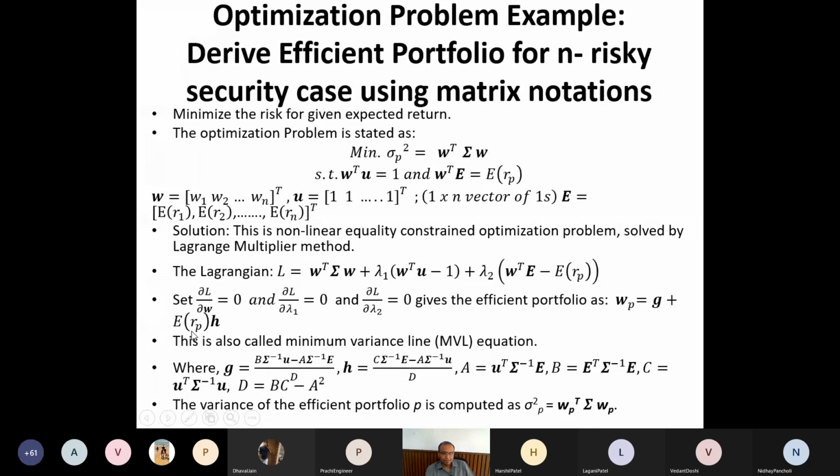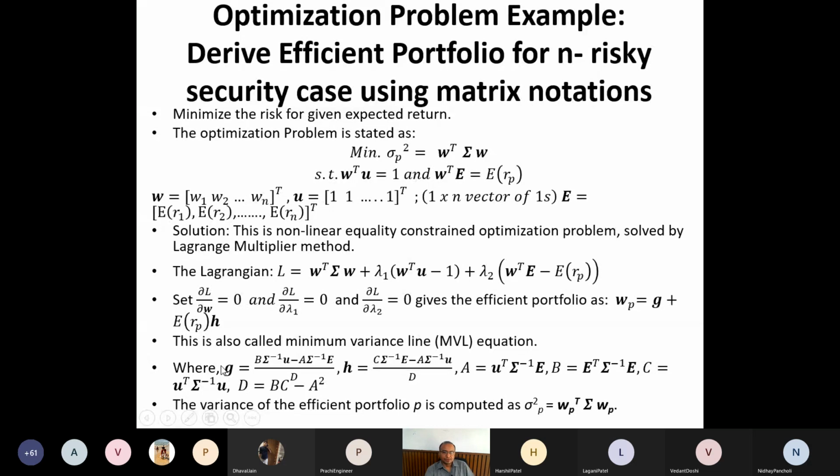So we always know the expected return of the portfolio, ERP, which is equal to the sum of the return of the individual assets or securities multiplied by their weights, right? So it is just a multiply and add. Expected return from portfolio. This G bar and H bar are constant vectors which depend on the covariance matrix sigma, the unit vector, or you can say the matrix of all ones, and the expectation matrix. Expectation matrix means E bar consists of the expected returns of the individual securities.